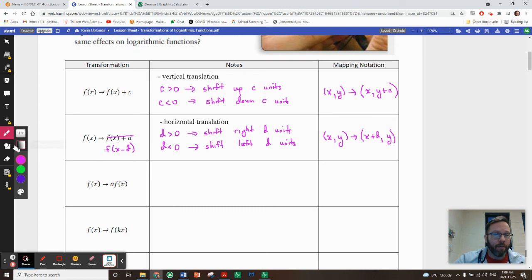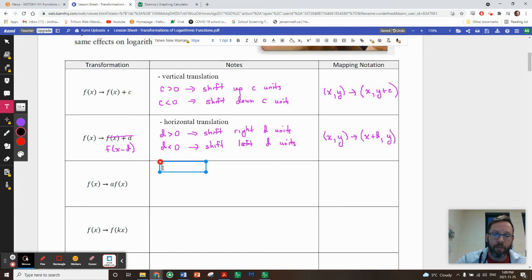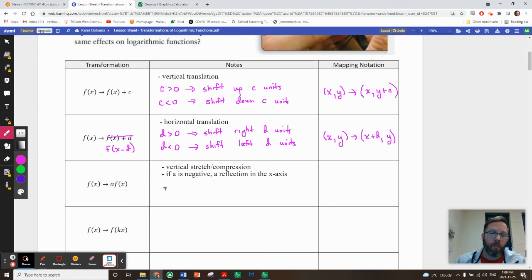All right, next up. When we multiply a function by some number out front, it can be a vertical stretch or compression. And if a is negative, it corresponds to a reflection in the x-axis, like a vertical reflection. And just like we did above, just summarizing, if the absolute value of a is greater than one,